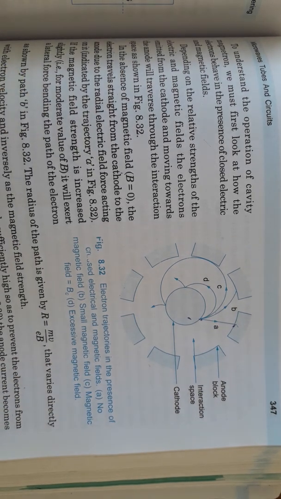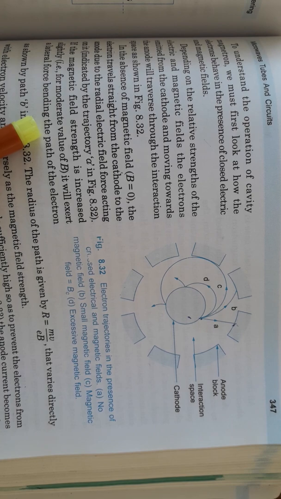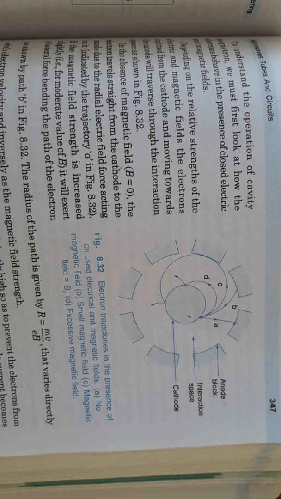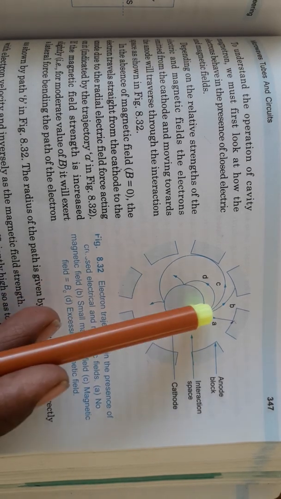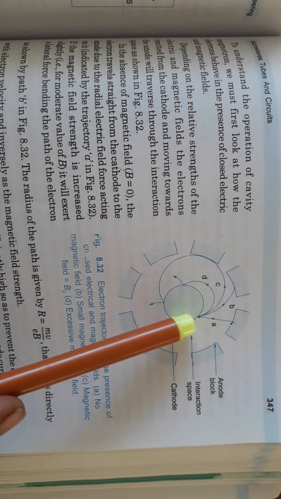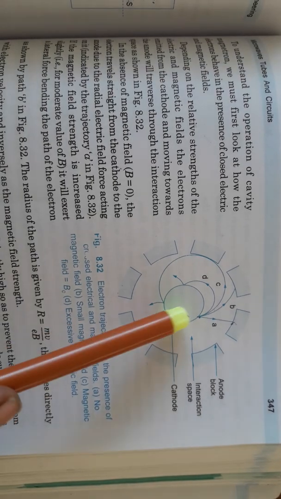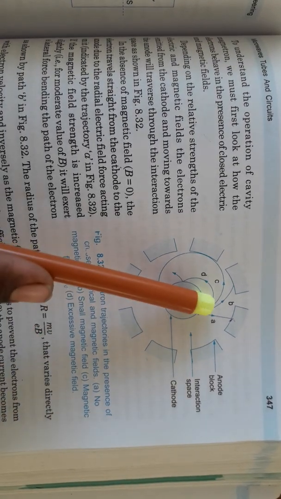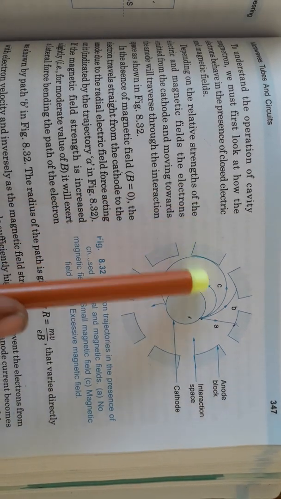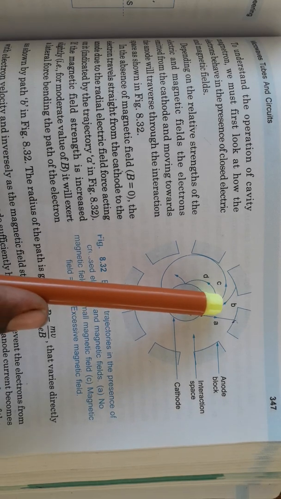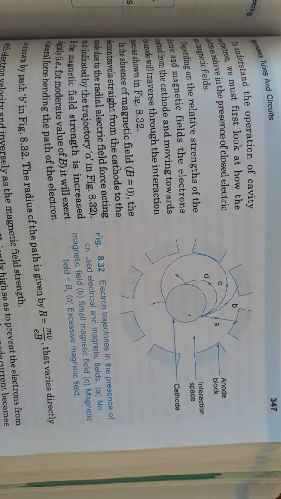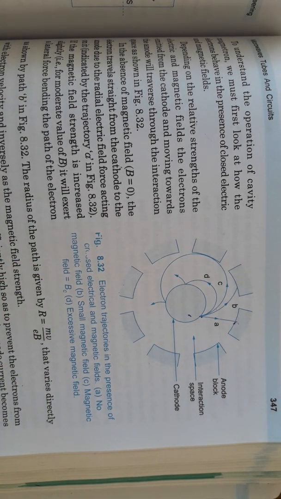Now if we increase the magnetic field strength, then a tilt of the electron takes place, a radial force acts on this electron, and the bending of the electron takes place. So if we increase the magnetic field slightly, the electron emitted from here will get bent. It is no longer a straight line. Suppose B is the electron emitted from the cathode. This electron B gets bent and reaches the anode with some bent path, right? So this is the second case.